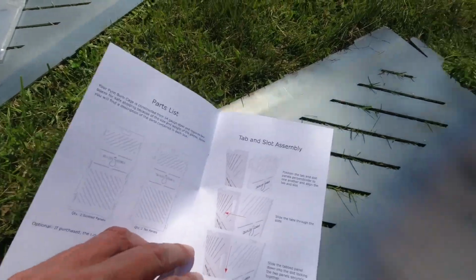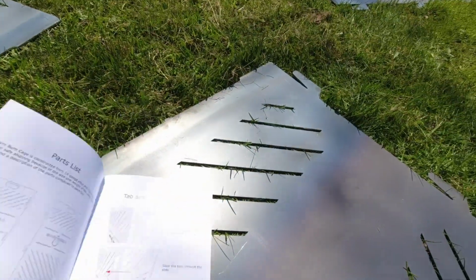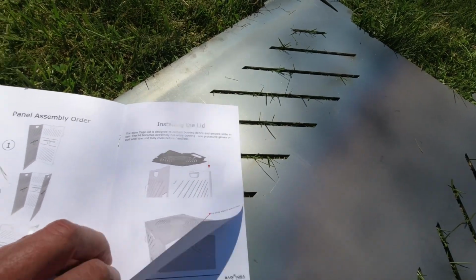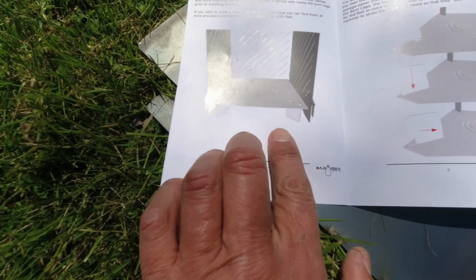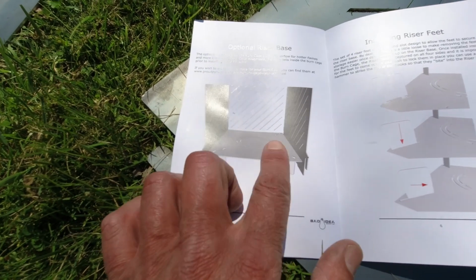And apparently I bought it with the optional base, and there's nothing to it. I mean, they just have tabs and they just stick together. There's just absolutely nothing to the assembly. But interestingly enough, there's a lid for it, which of course I don't need and I don't want. But apparently I bought it with the optional riser base, which I'm glad I did, which promotes airflow,